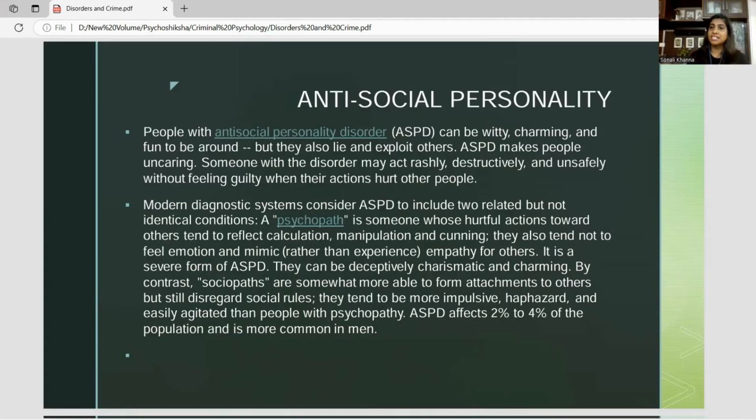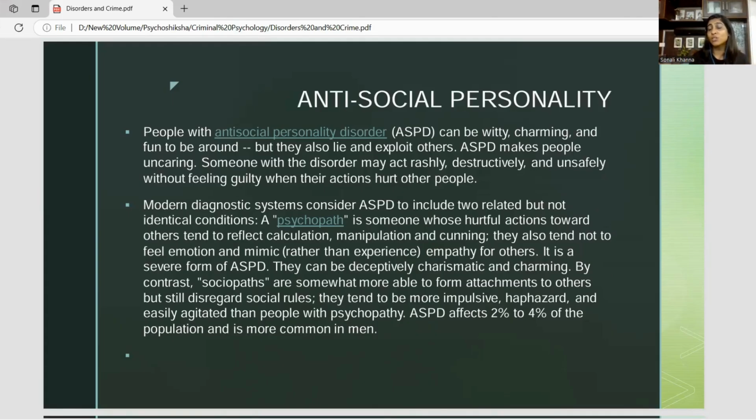Now let's study each disorder in a little more detail. Whenever you are sitting as a criminal psychologist in a prison, with a government body, or as a private practitioner, you'll be able to understand some disorders that are very closely related to criminal behavior. Although all the symptoms have not been discussed here,